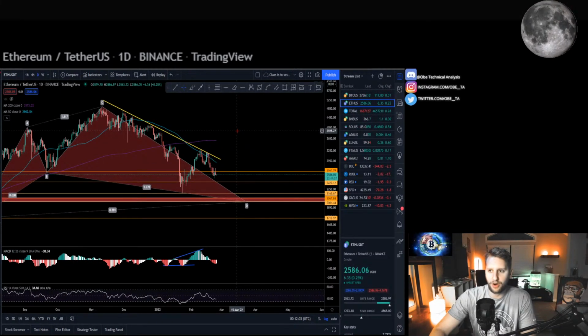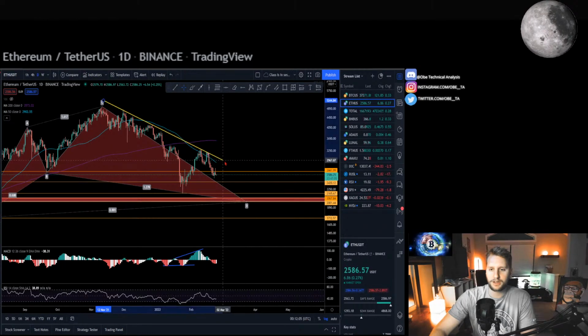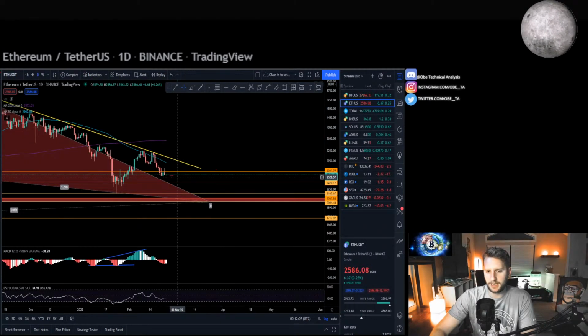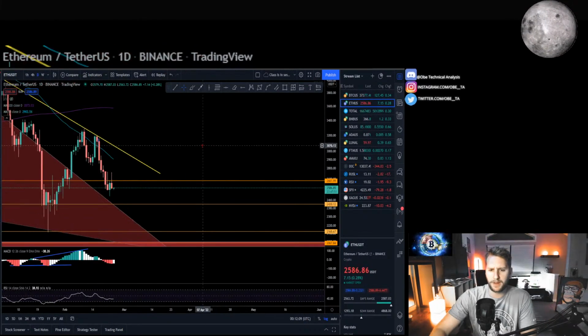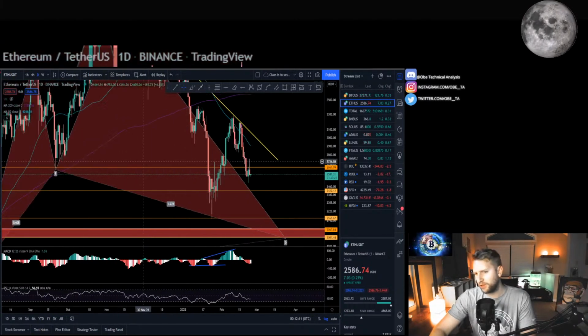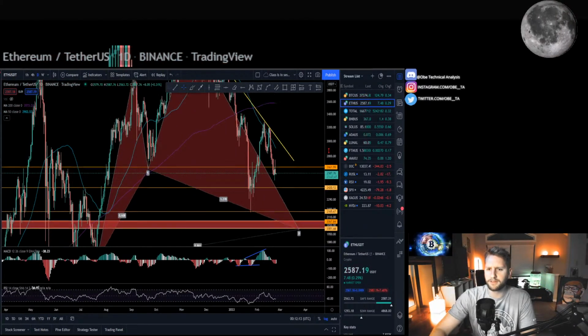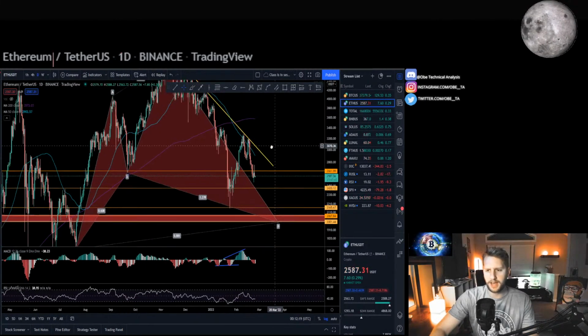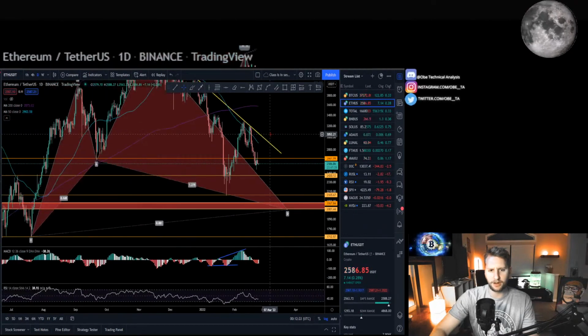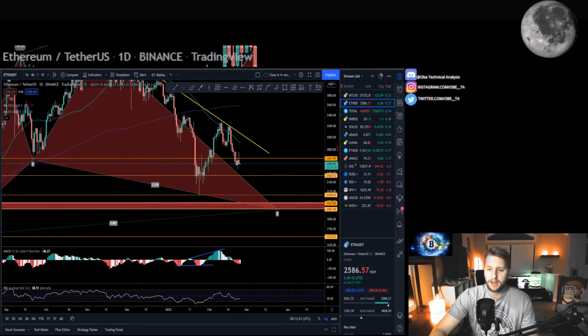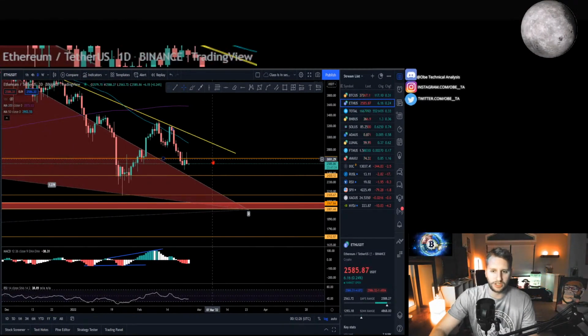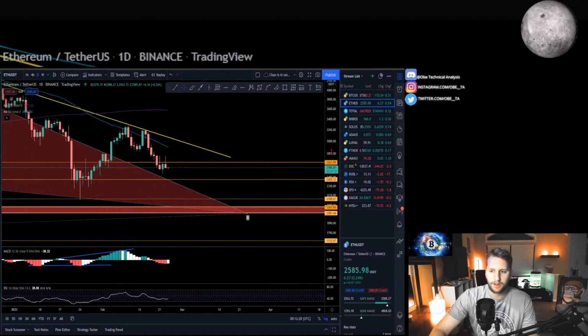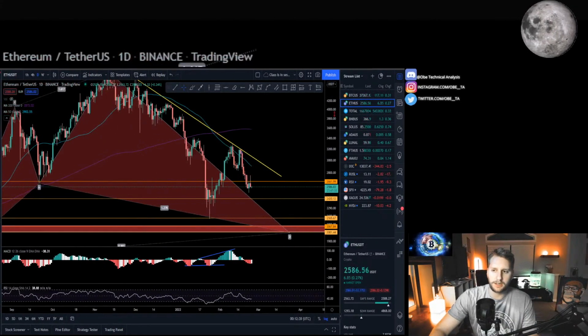All right, so taking a look at Ethereum. On the daily candle, kind of similar to Bitcoin, upper wick kind of stuff. They get back above this inflection point back here from September 20th for a little while today, but ultimately came back down and closed below it, which is just not good, man. It's confirmation of it as resistance. So just not what you want to be seeing, right?